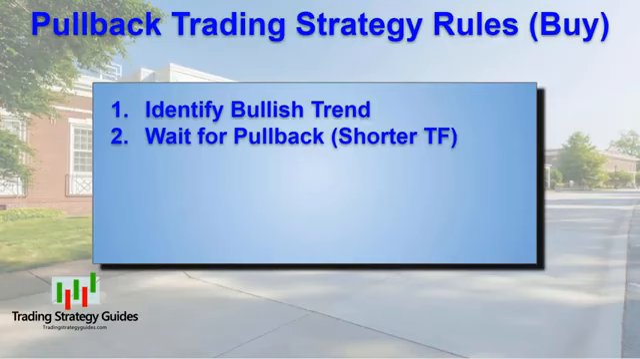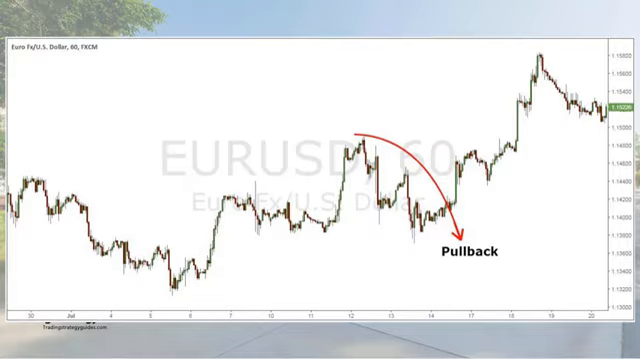Step number 2, switch to the shorter time frame and wait for a pullback against the uptrend. After successfully identifying the trend, we can switch lower to our preferred time frame. It can be whatever time frame you feel most comfortable with, but for the purpose of this pullback trading strategy, we'll use the 1 hour time frame. Now it's time to bring into play the Fibonacci retracement tool, which brings us to the next step of our